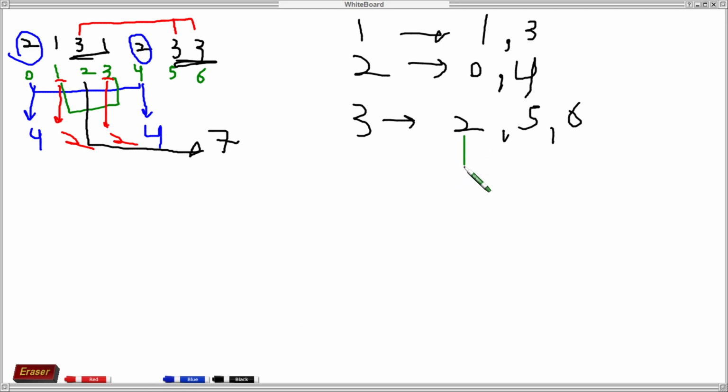For this index 2 value, we just have to do absolute value of 2 minus 5 plus absolute value of 2 minus 6.